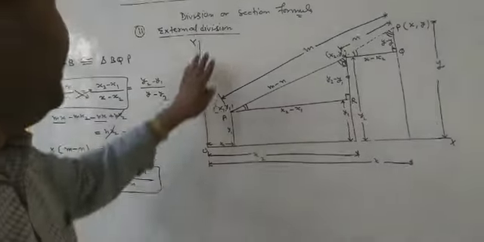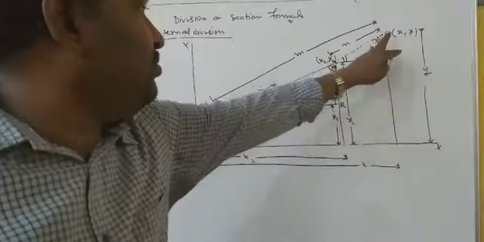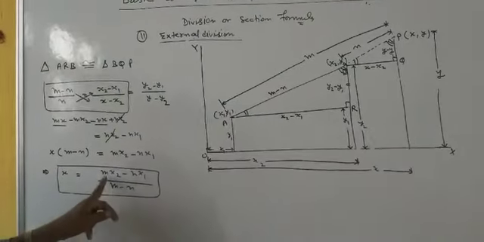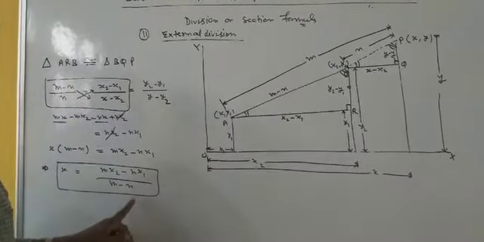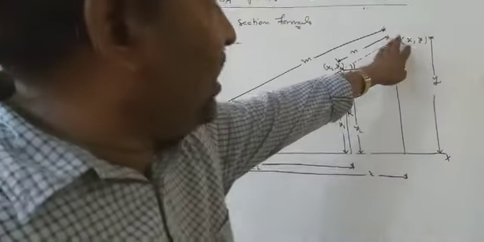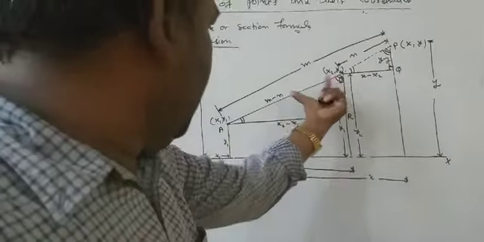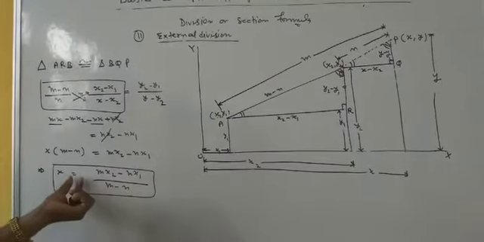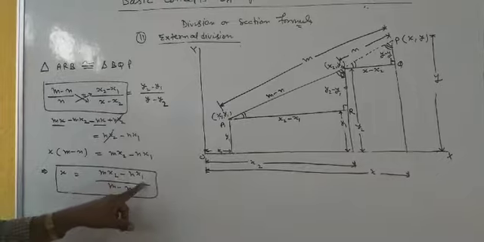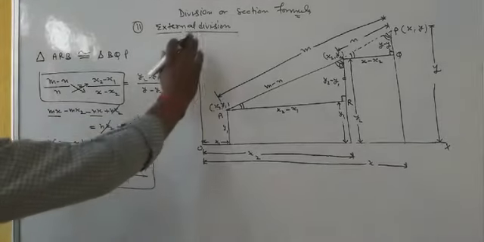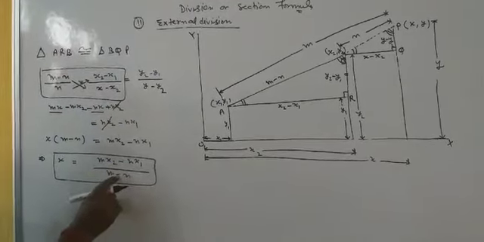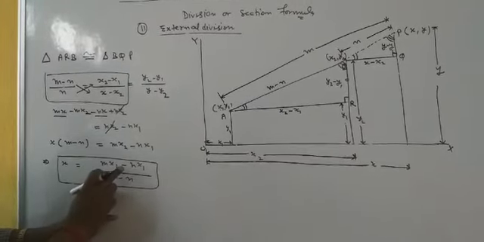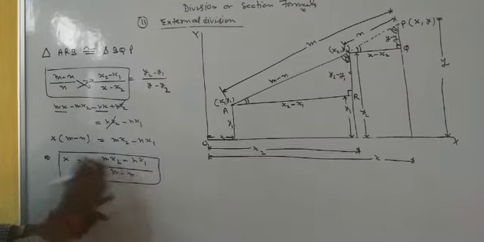See, earlier in the case of internal division, when this point was lying in between A and B anywhere, then it was just like mx2 plus nx1 upon m plus n. But when this P lies outside of a line joining these two points x1, y1 and x2, y2, this coordinate you can find with mx2 minus nx1 this time. Means in the case of internal division it was plus in numerator and denominator, but in the case of an external division it is a negative sign in numerator and denominator both.